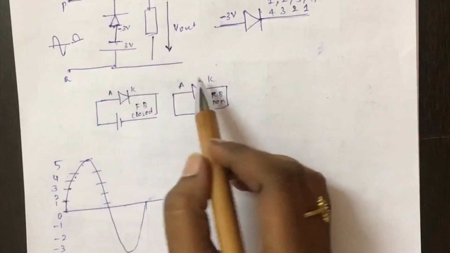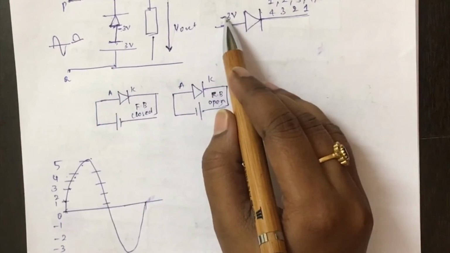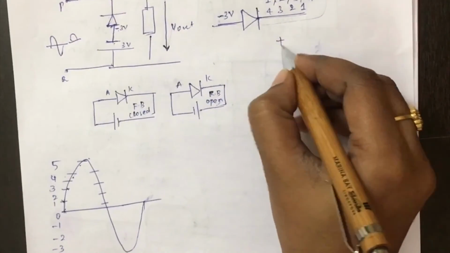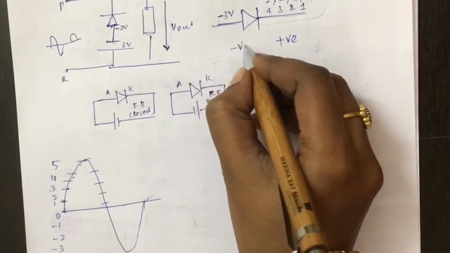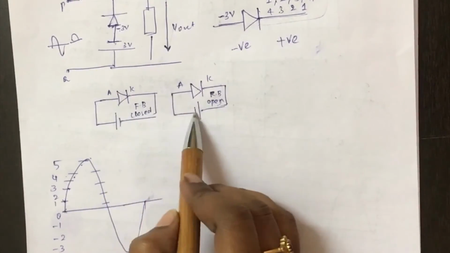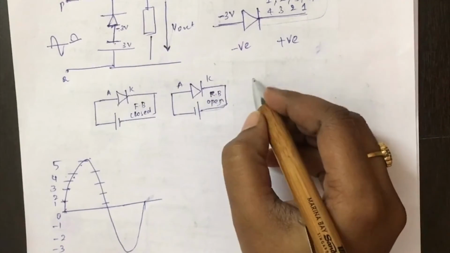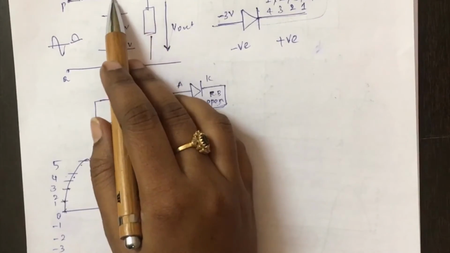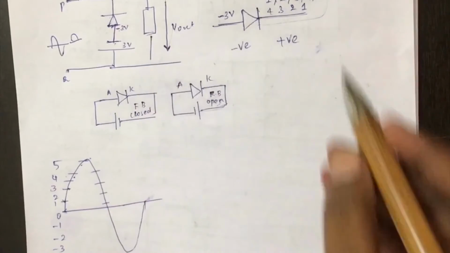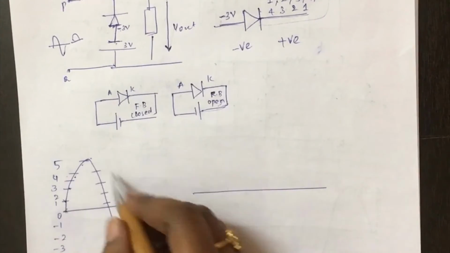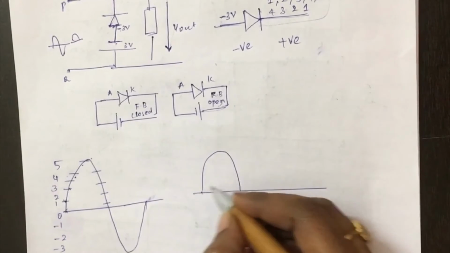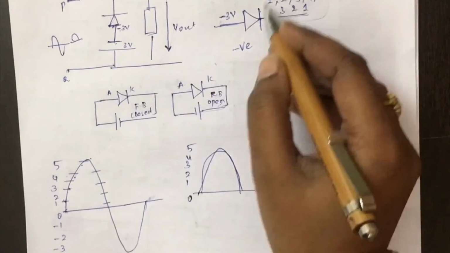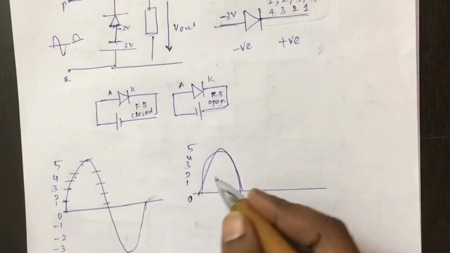When you apply 1 to cathode, and this is anode, if you see this, all the cathode values are positive and this is negative. So anode is negative, cathode is positive. So what happens is that the diode will act as an open switch and no current will flow across the diode, and entire current will flow across the output resistor. So for all the values of input waveform, you will get the output waveform 0 to 5 volt, because for all the values the diode will be acting as an open switch.